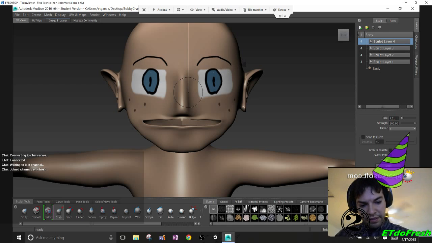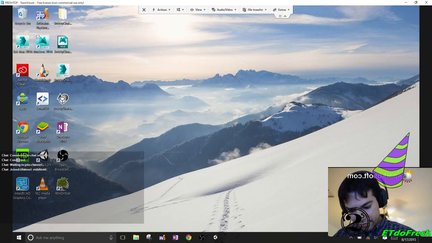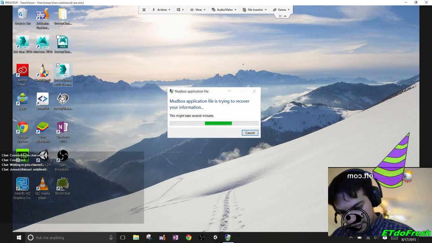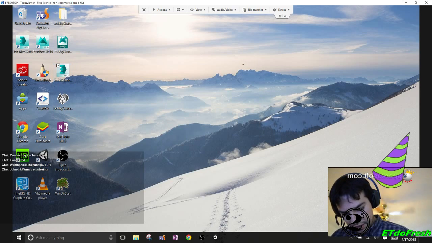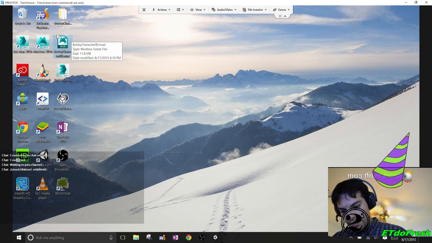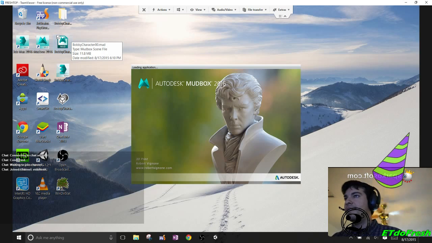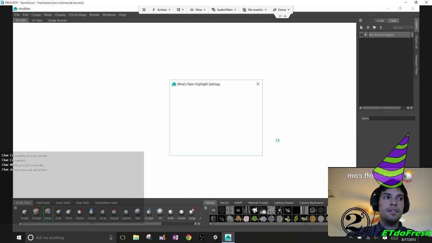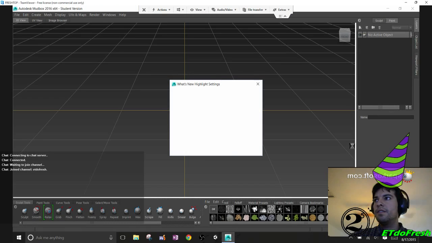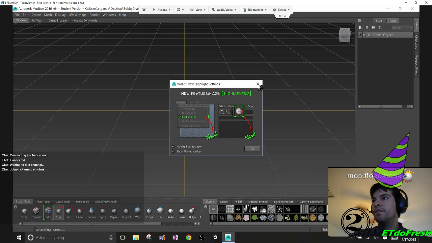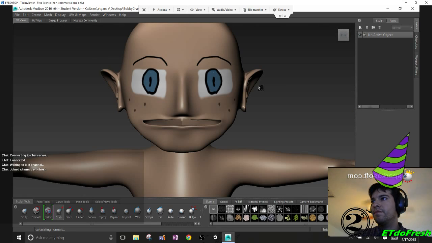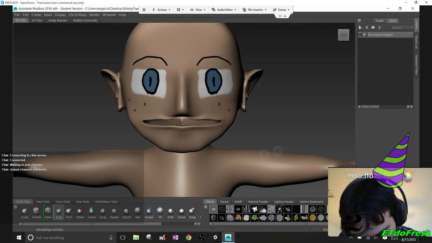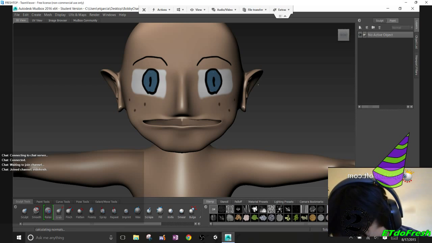Alright, I think it saved. Let's close it out. Should have a mud file on here. Oops. Mudbox crashed. But we have the mud file, so hopefully that will work. Okay. Is everything kind of working? If I go to my sculpt layers, do I have to select